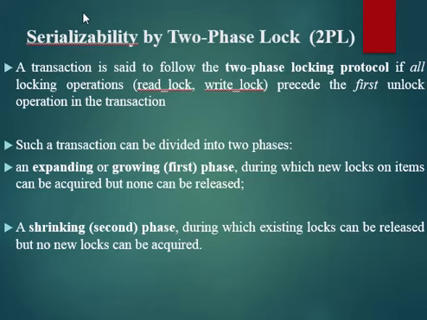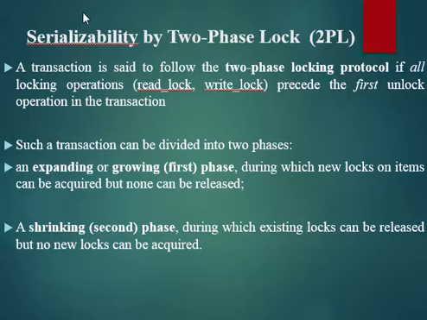So in the previous class, we had an introduction to the two-phase locking mechanism. We studied the basic functions in two-phase locking. The basic functions are read lock, write lock, and unlock. Read lock is actually a shared lock, while write lock is a mutually exclusive lock. Next, we can see the ways in which we can use two-phase locking.